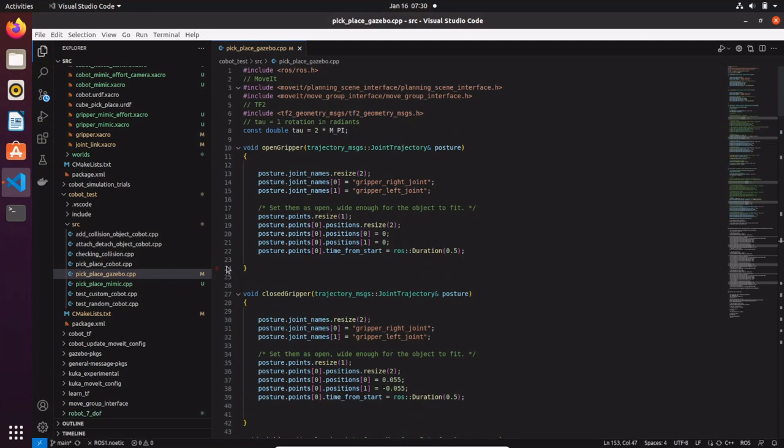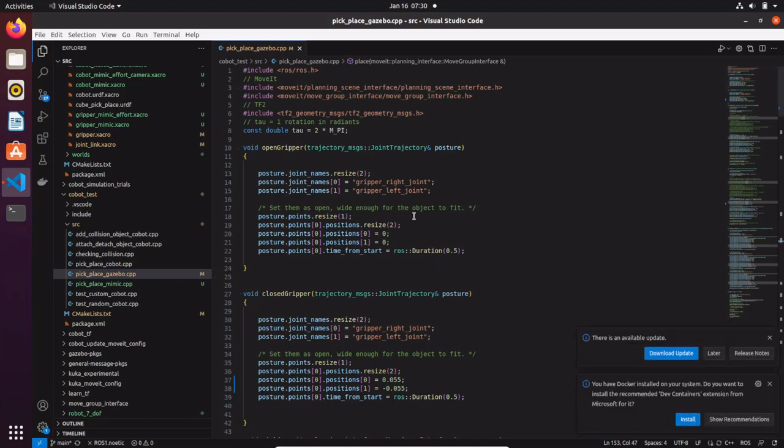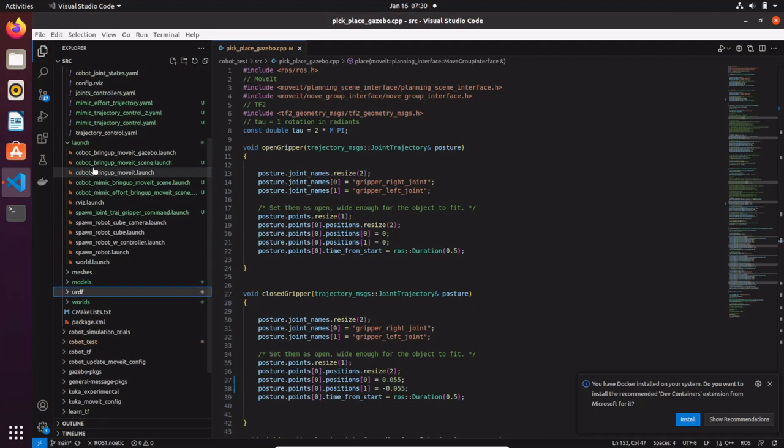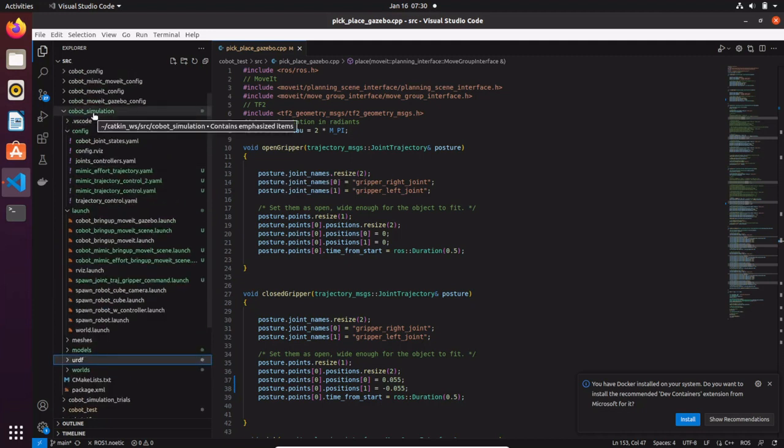Hi roboticist, today we are going to finish the project of a pick and place in Gazebo. Last time what we did is make this pick and place application in Gazebo with MoveIt as interface. So as a recap, if you go to the launch file of the cobot simulation package,